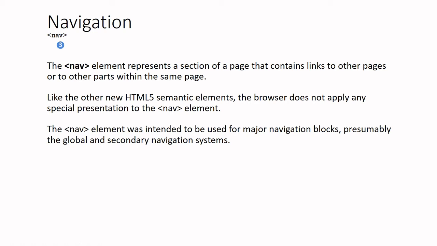So navigation, why is navigation an element? In any web page, linking is important. For that linking purpose, you have an option, the navigation, called the nav element. Nav elements represent a section of the page that contains links to other pages or other parts within the same page. Means you can link to any other page, and even within the same page you can link to another division, another section of the HTML5. Got it?